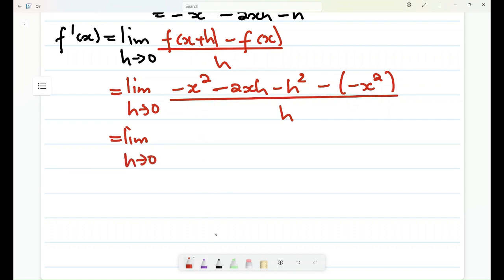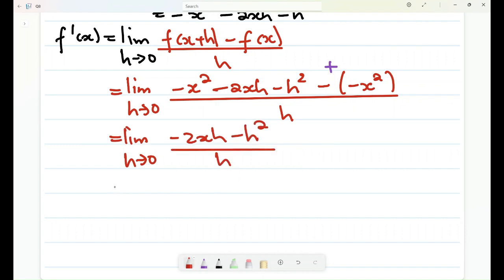Then you all agree with me that this will end up being negative and negative being positive, right? If this is positive, we agree that negative x squared plus x squared cancels off, right? So this is what is going to happen here. It means I'll be left with negative 2xh minus h squared